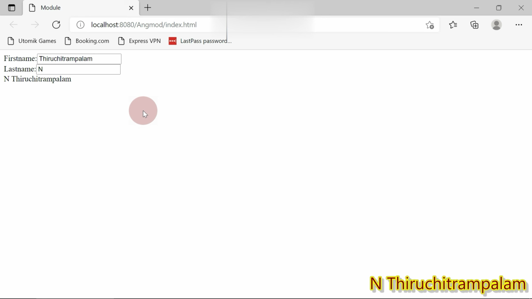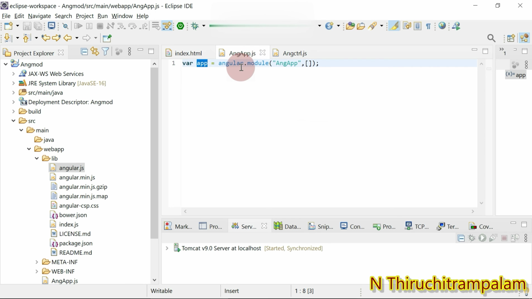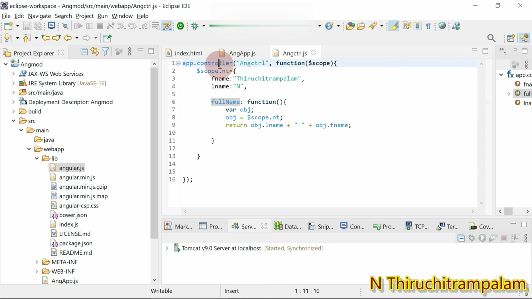In this session, though we have seen these already, we got to know that the application module and the controller module are created in separate AngularJS files. The application module named angApp is created in the AngularJS file angApp.js, and the controller module named angCtrl is created in a separate AngularJS file, angCtrl.js.